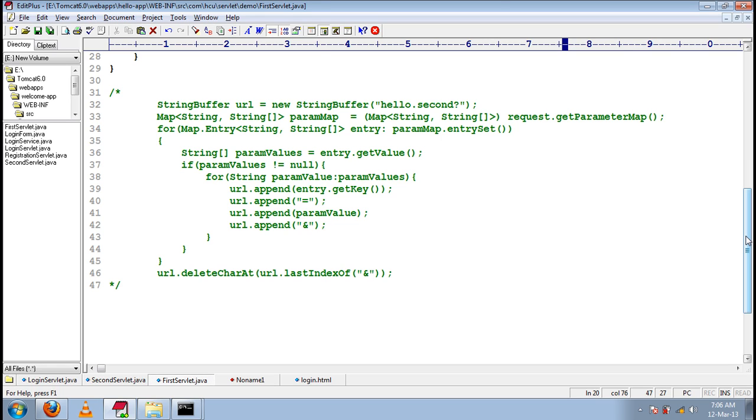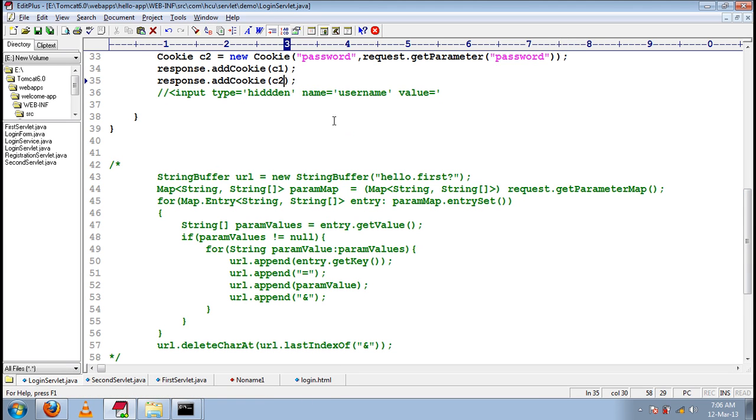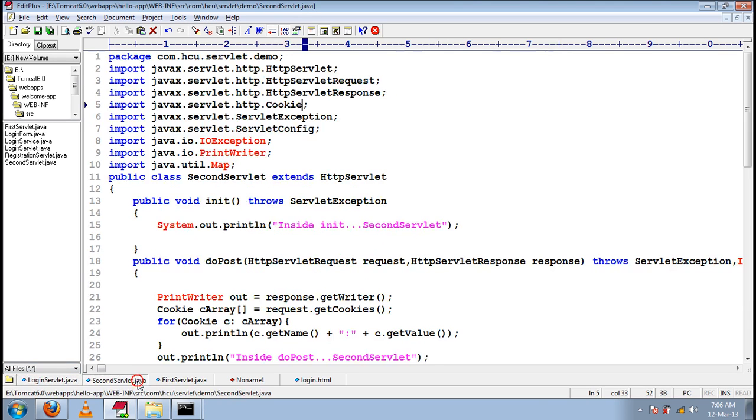If it is hidden form fields, for each and every request that we send, we need to add them as hidden form fields. If it is URL rewriting, for each and every request that we send, we should add them as key value pairs in the query string. But are we doing this for each and every request in case of cookies? Just we have done at one place, and they will be available for all the subsequent requests until the browser is closed.